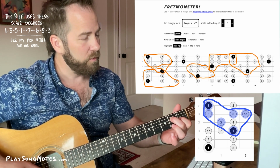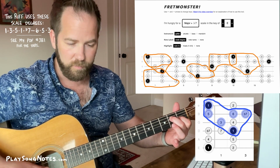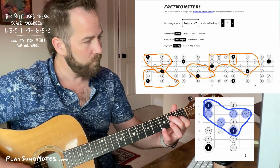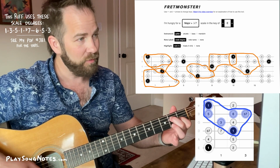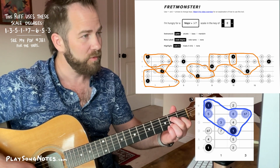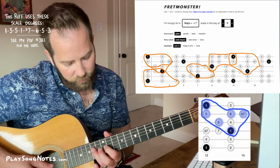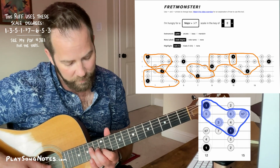Right? 1, 3, 5, 1. Major chord, E major. Then we add the flat 7th, 3rd fret, 2nd string, to 6, to 5, to 3, to 1, 3, 5, 1, flat 7, 6. Now if we play that up here, an octave higher, we can't rely on the open strings anymore. So we lose the openness, but,